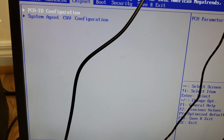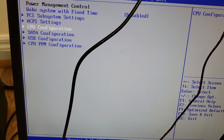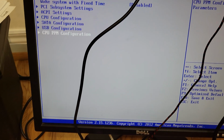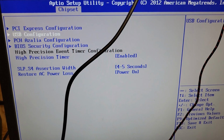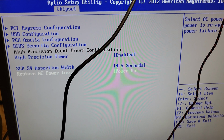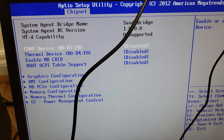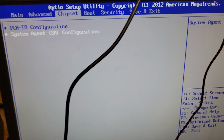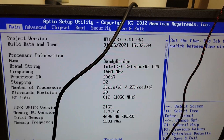Advanced, maybe there's a fan control in here. We'll quickly take a look. I don't think so, but CPU configuration, SATA, CPU, that's not it either. Just gonna look through the BIOS. PCIe, alright, so there's some other settings there. System configuration, alright, nothing else there. Let's have a look. Boot, no. Security. Yeah, so it looks like those fans are just going to be running at 100% all the time, which